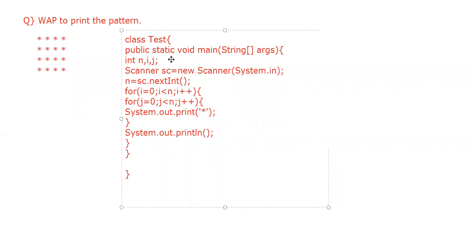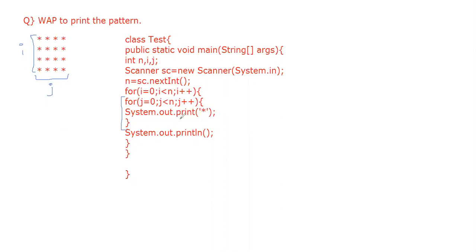So we are taking inputs. The side of this square will be stored in the variable n. We will iterate from i equal to 0 to n. Why 0 to n? In our case, it is 0 to 4 because we have to print 4 rows. So i is responsible for printing the rows, whereas j is responsible for printing the columns. And for each row we have 4 columns, therefore in the nested portion we have written for j equal to 0, j less than n, j plus plus, and we have printed this star.